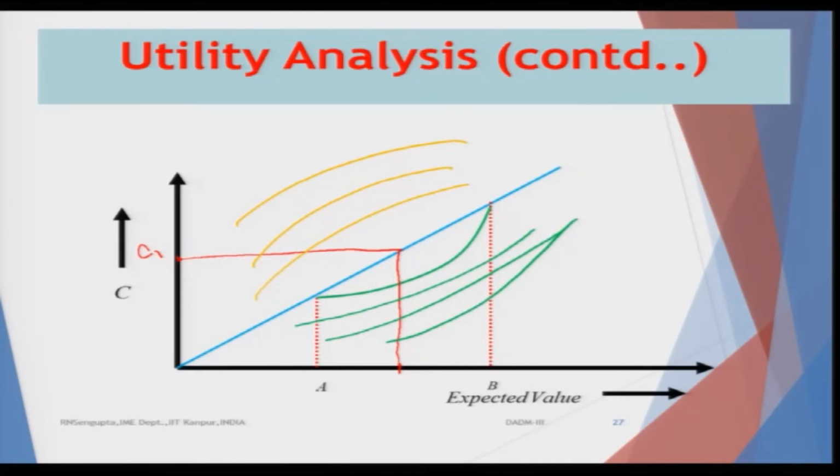And the 45 degrees line would basically mean that the utility function is very simple and linear, that means u(w) is equal to w. You will basically be able to plot all the values of C1 such that C1 is equal to (A plus B) by 2. So, in this way you are able to characterize what type of utility function the human being has without going into the details of the utility function as such.